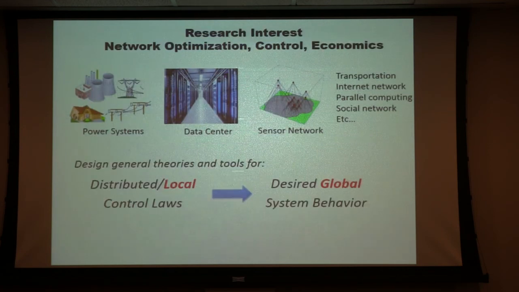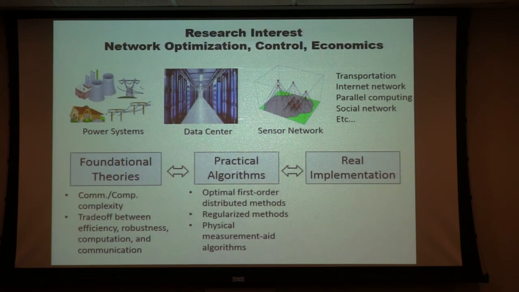I have two slides, but I don't think they're important because we can talk about them offline. This is my other research work. My work is on network organization, control and economics, and today I talked about economics. In some other work, for example with a data center and a sensor network, I assume every individual agent is programmable. I ignore the human aspect to make the problem easier to deal with, because all the devices can be programmed, and then look at the mathematical problem.